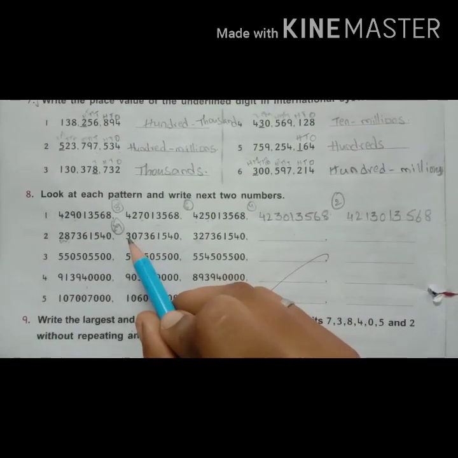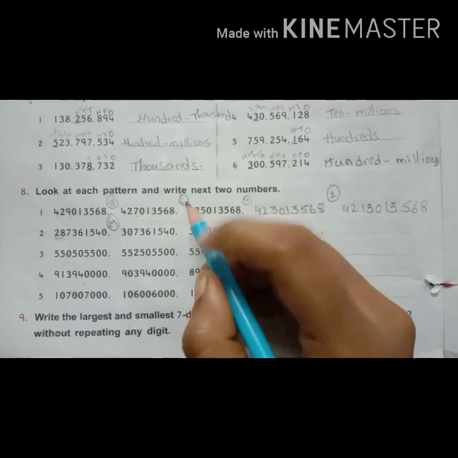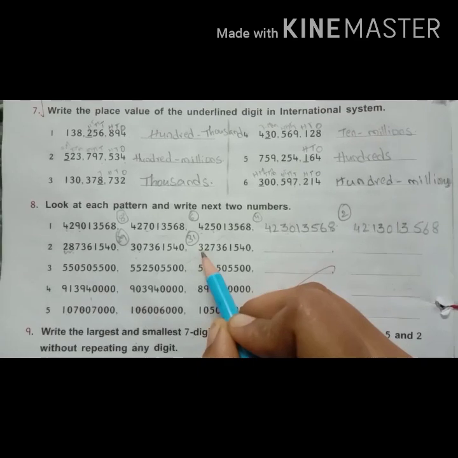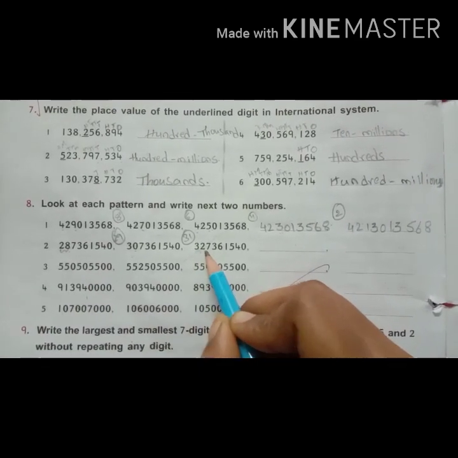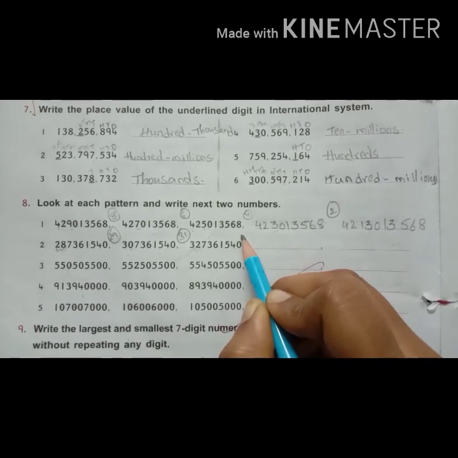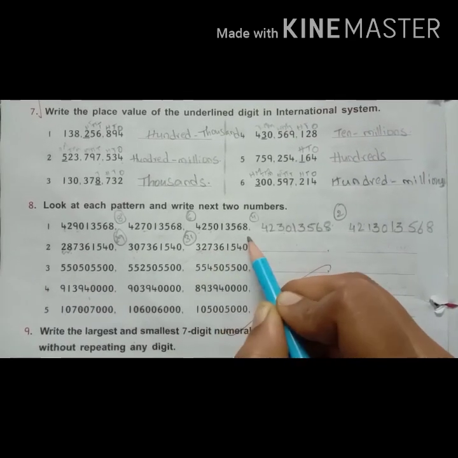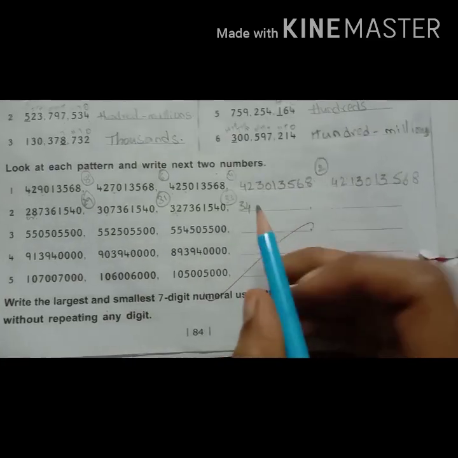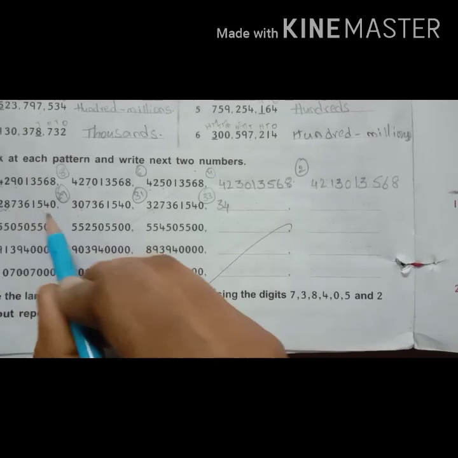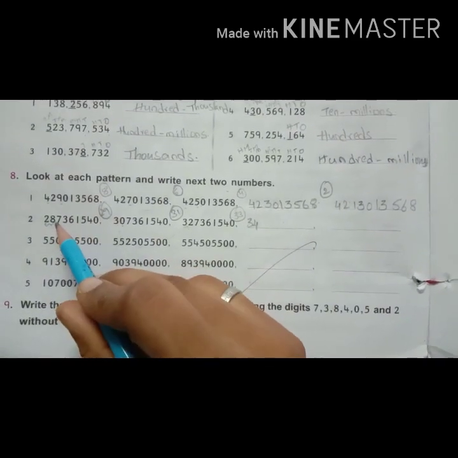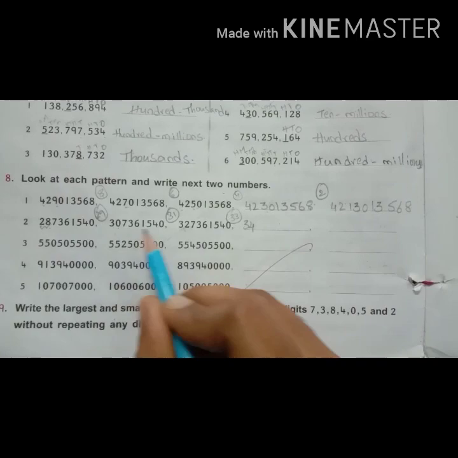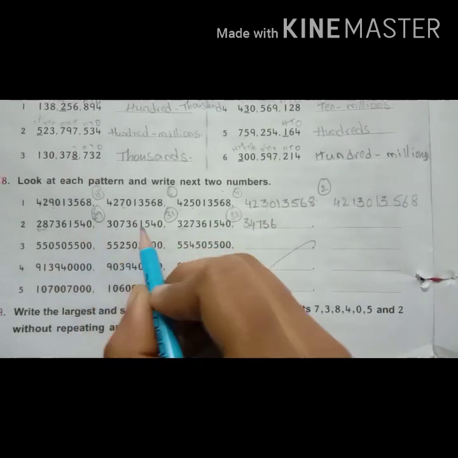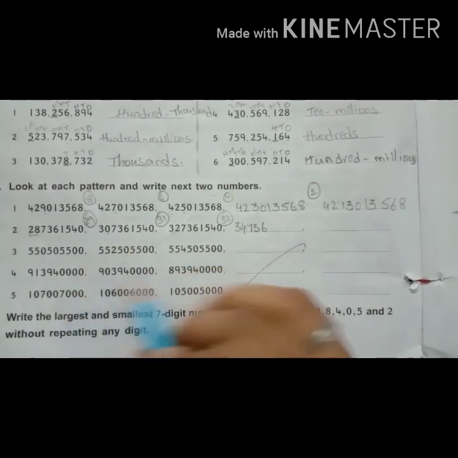Okay, children. Next you see here 30. So here which number do we have to miss? 31. Very good, children. Next, what is the number here? 32. Next, which number do we have to miss here, children? After 32, which number? 33. So again, what do we have to write here? 34. And again, see the remaining numbers, children. Here, what is the number? 736. Again, we have to write 736. Here, all remaining numbers are common. So, we have to write as usual.